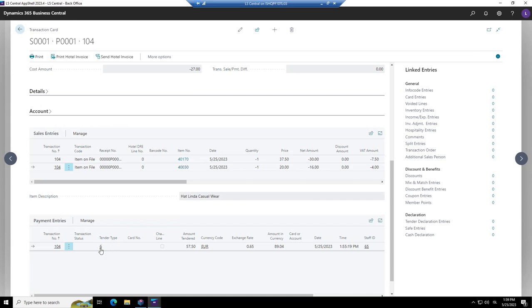And what is tender type 6? If you remember when we looked at the store previously in the course, we had tender types for the store. 1 was cash, etc. And 6 was currency. So here it is referring to that tender type. You can always select it and then you see exactly that it was currency, and it's in euros, and this is the amount and exchange rate. So you see it's registering everything.